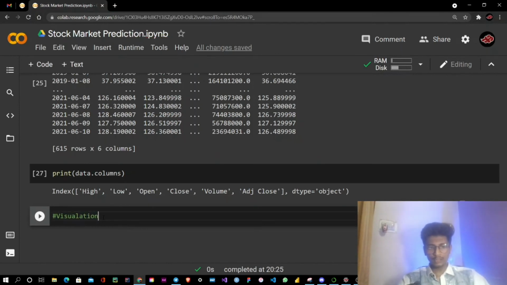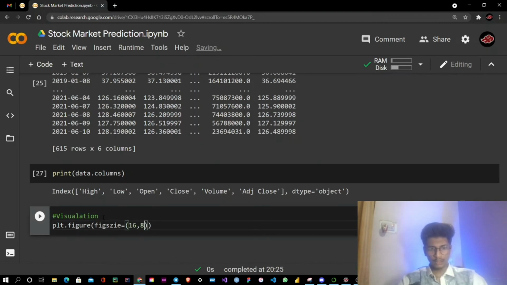So for visualization, we will visualize the data through graphs, and for that I need to enter plt.figure, figsize equals to, let's say it's a dimension of the graph, 16 by 8.